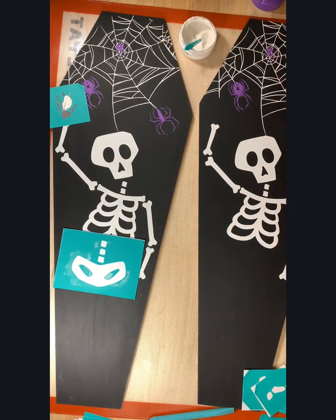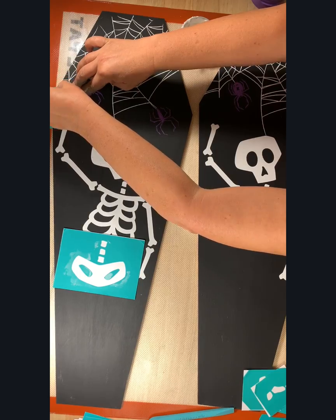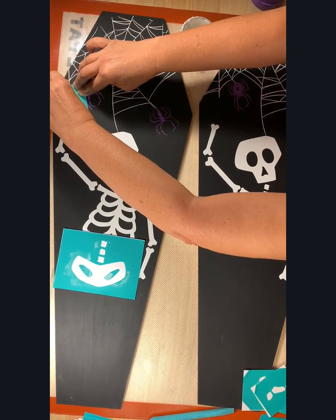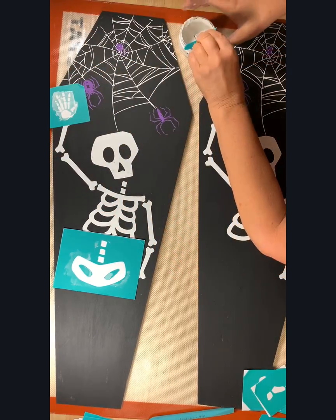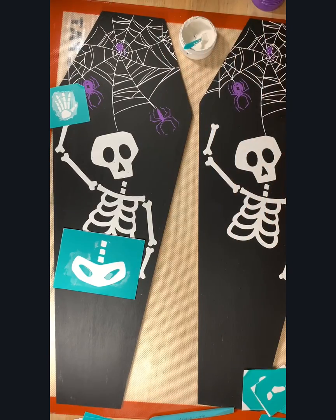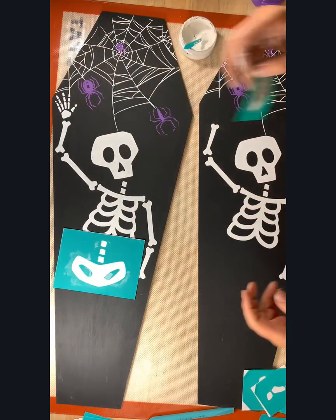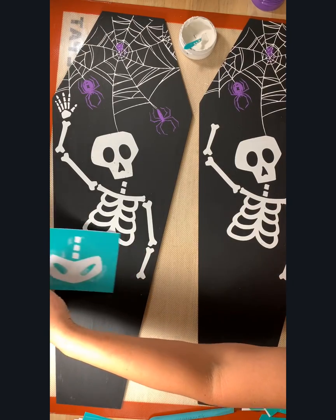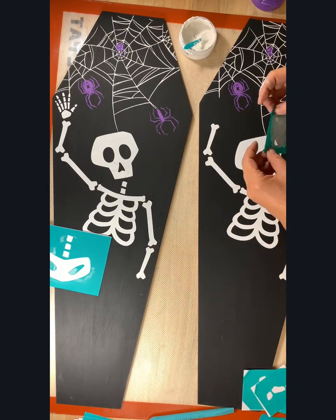I've been wanting to do this. I saw someone do something similar. Theirs was a lot larger. They bought the coffin at Joann Fabrics. And I went online to see if I could get the coffins and I couldn't. They didn't have them online. You had to get them at the store. And